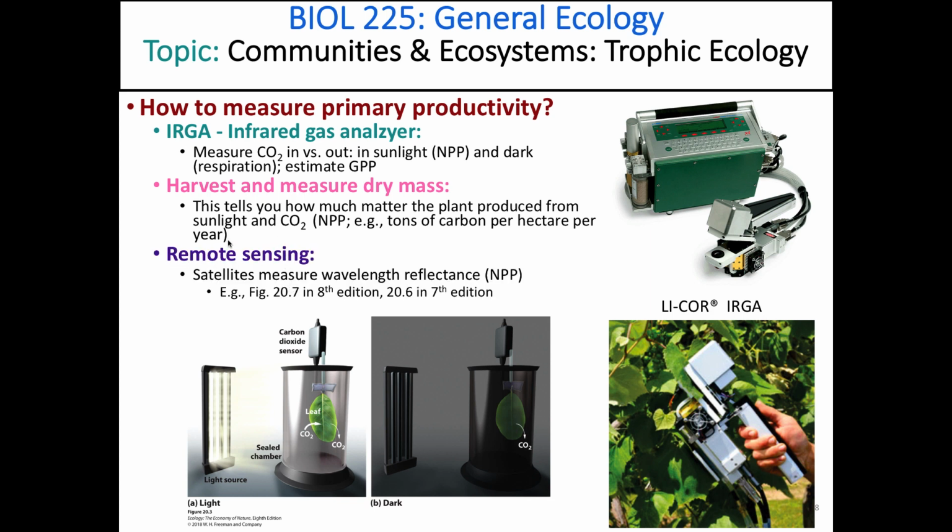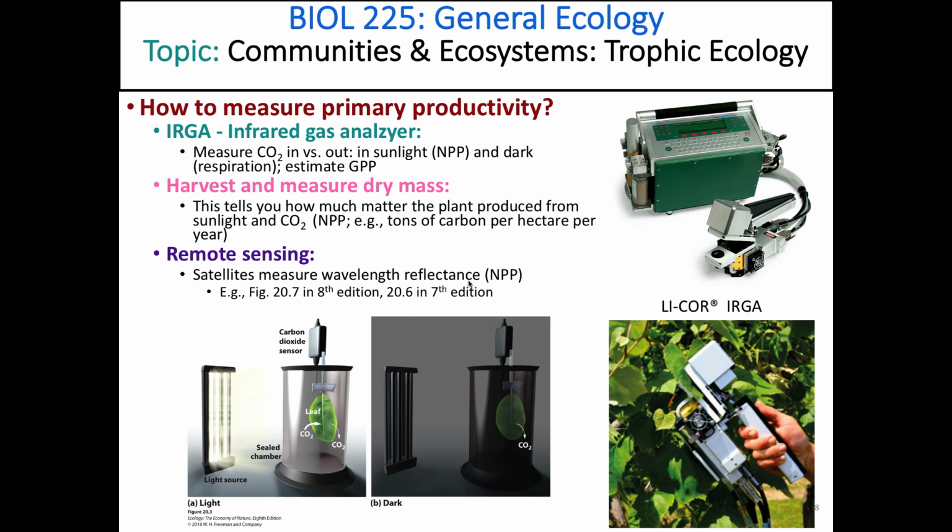And finally, remote sensing, which we'll talk about more in a second. You can use satellites to measure the wavelength reflectance. So if a particular area has a lot of plants, it's going to be reflecting a lot of green wavelengths, and you can use this to correlate to net primary productivity. The more green in an area, the more you expect there to be more productivity, and you can use remote